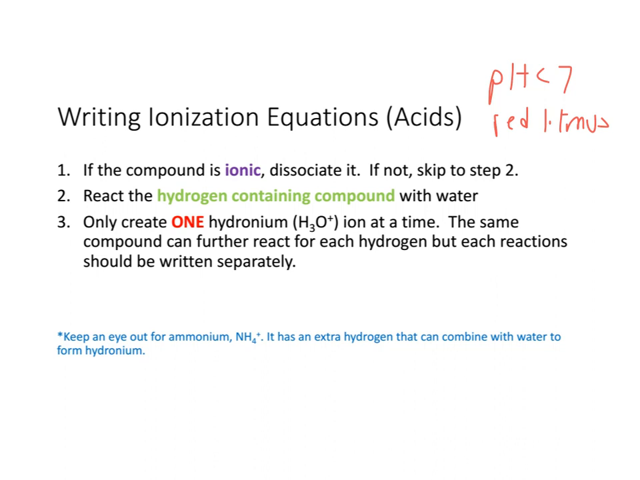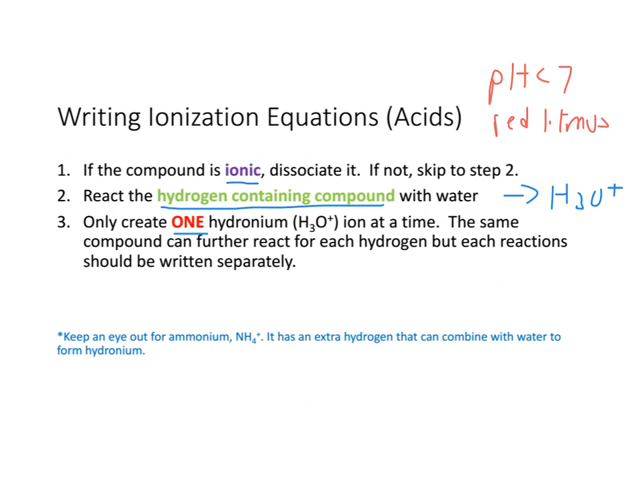So the first thing to do is that if a compound is ionic, dissociate it. If not, then we can go to step 2. The second step is to react the hydrogen-containing compound with water to produce hydronium. That's our step 3. Right? We're only going to create one hydronium at a time, even if the compound in question may have 2 hydrogens